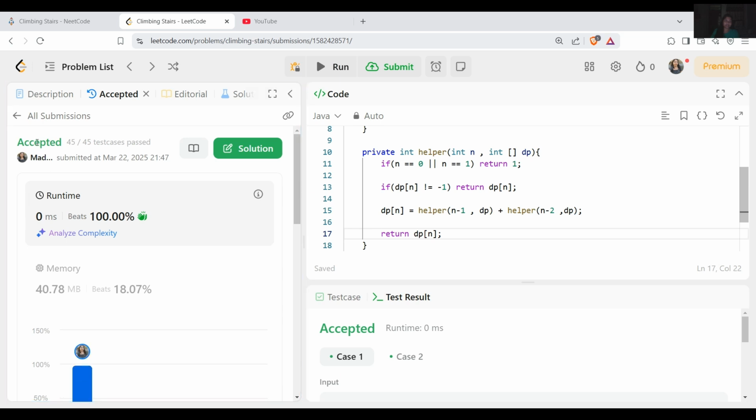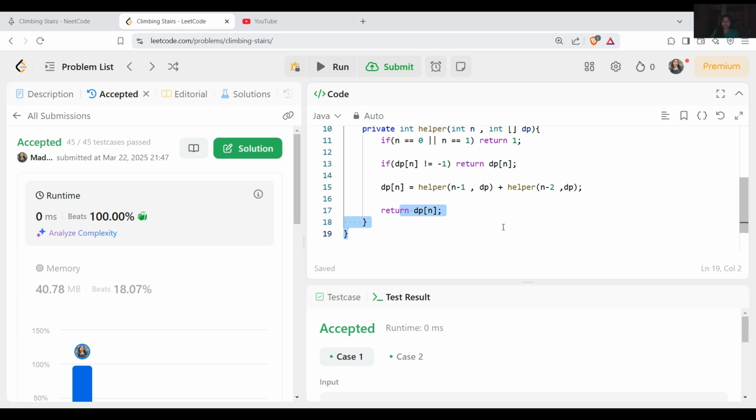And finally it got submitted with 100%. If we talk about the complexity here, the time complexity in this case is O(n) only. The previous step was O(2^n). We can also optimize more than that. If we talk about the space complexity, in the previous step it was O(n), and for this case also the space complexity is O(n) only.